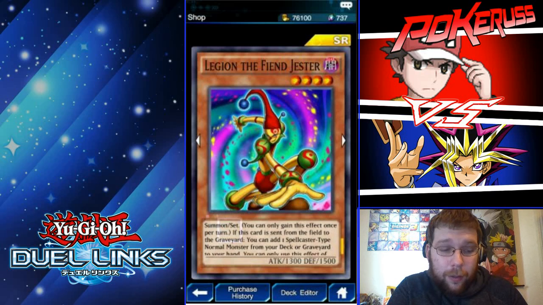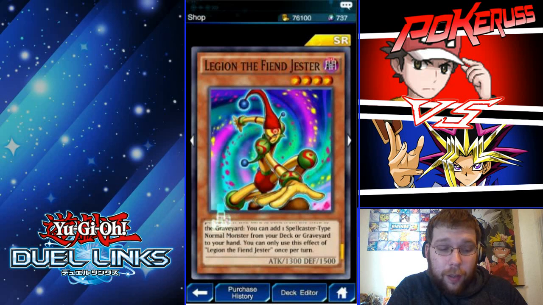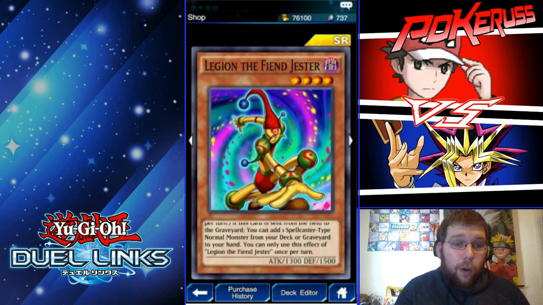If this card is sent from the field to the graveyard, add 1 spellcaster or normal monster from your deck or graveyard to your hand. You can only activate the effect of Legion the Fiend Jester once per turn. Now, in a Yugi deck, that's super great. I think it can also be used in a...